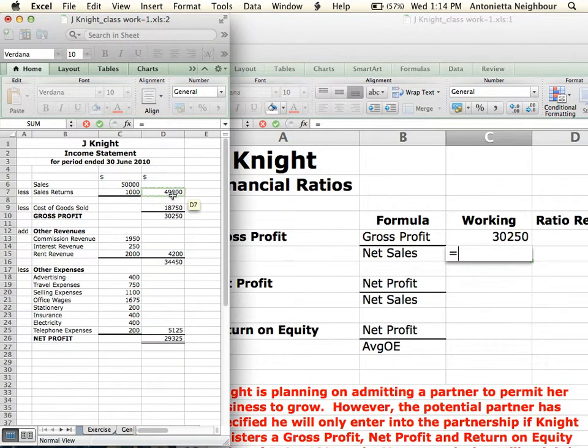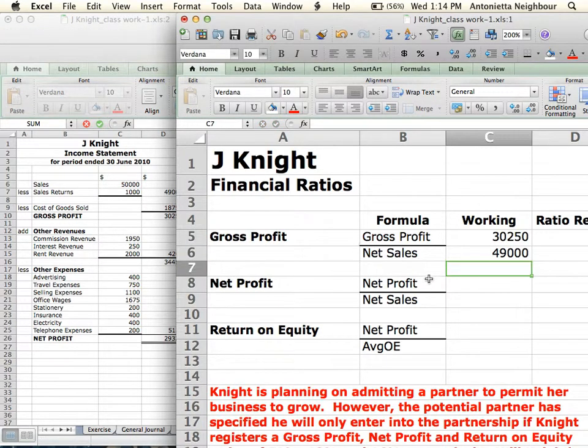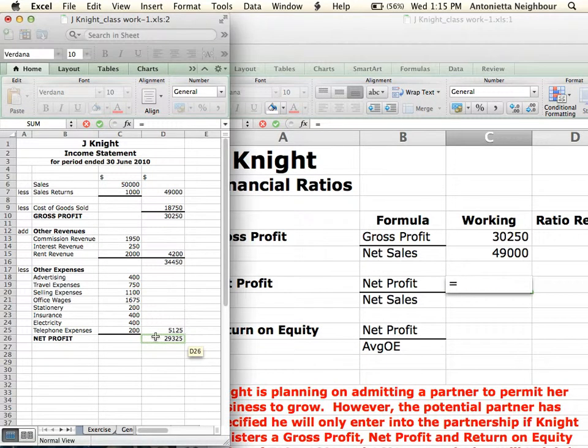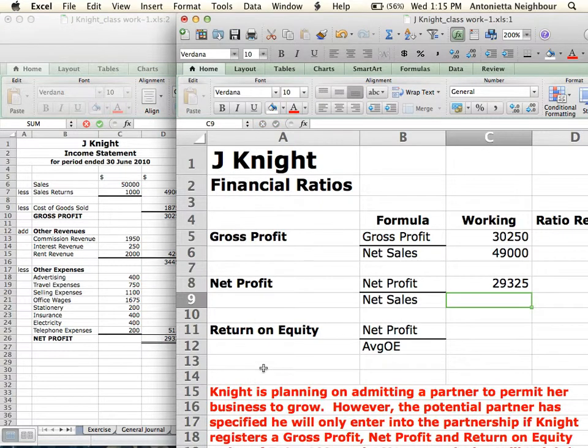Net sales equals $49,000. Net profit equals $29,325. Net sales I can just get from above, but just make sure if you do that you've got the right figure to start with, otherwise you've made two mistakes there. Net profit equals